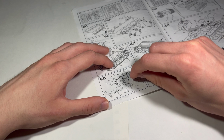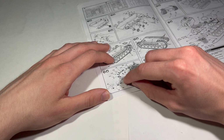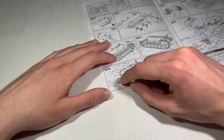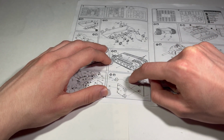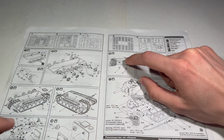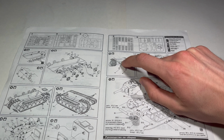And before joining the turret halves though, you should add the interior part here for the gun, plus the shield, and then a little kind of attachment point at the front of the shield, which then houses the massive gun. On the back of the turret, you then have a machine gun, plus a massive door for accessing the rear. On the back here, we've got some towing hatches or D-shackles to sort of add to the towing mounts there,